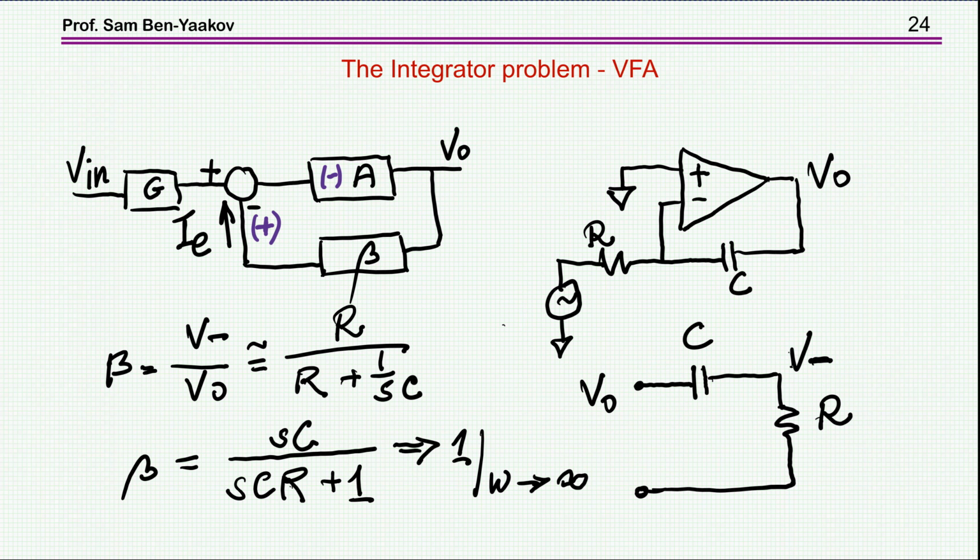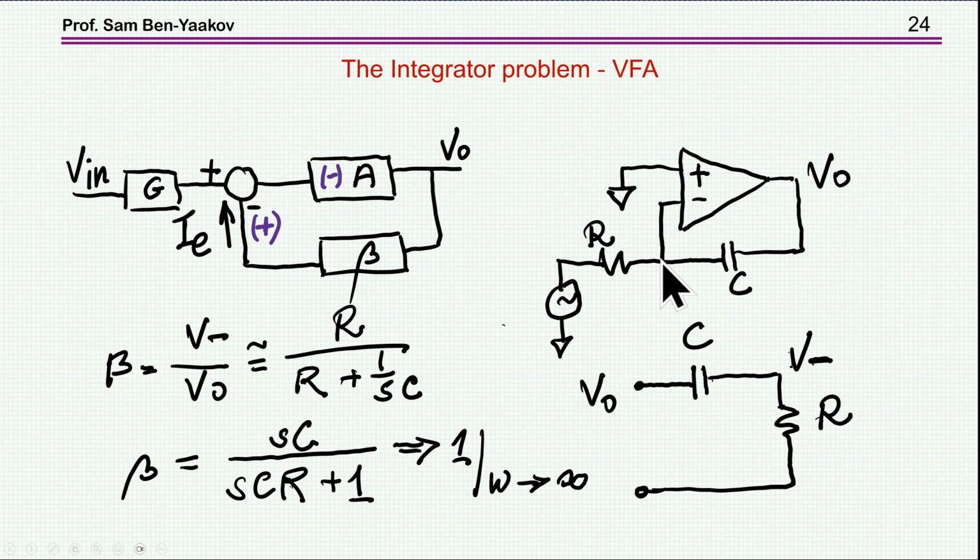But there is a special case, and this is the case of an integrator, in which we are going to have a special problem. So let's look first of all at the integrator, which is realized by a voltage feedback amplifier. This is the regular operational amplifier. So this is the circuit, and if I'm looking at beta, this is the ratio between the voltage here and the voltage here, which is this transfer function. And at high frequency, the maximum beta is 1,